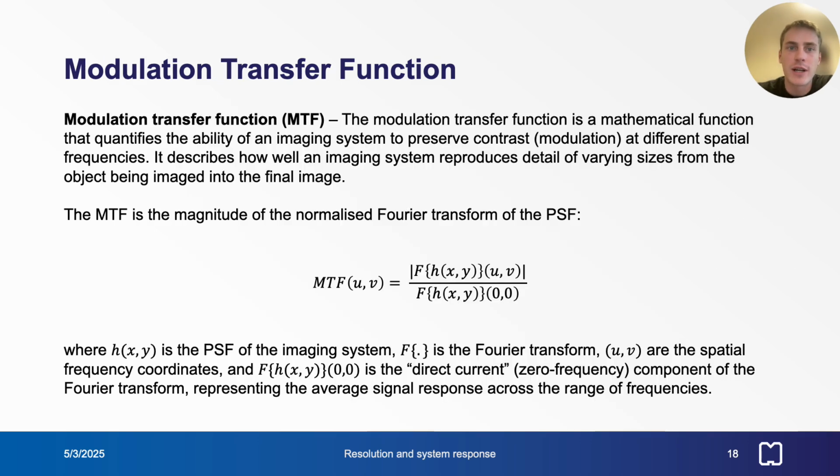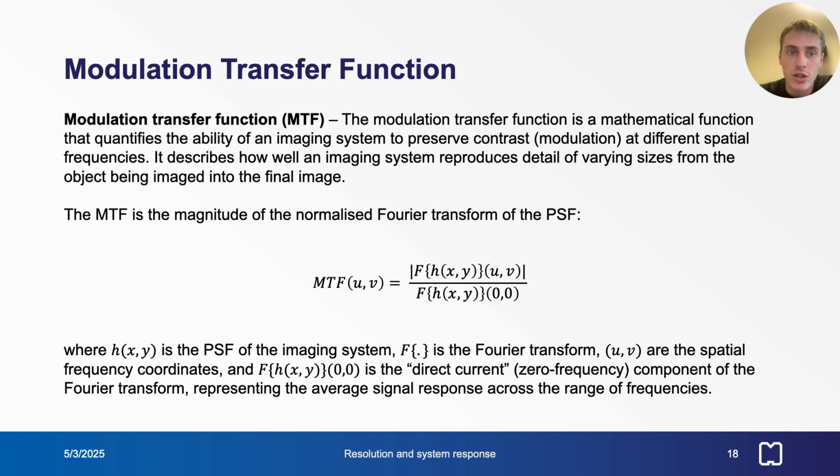The modulation transfer function, or MTF, is a mathematical function that quantifies the ability of an imaging system to preserve contrast at different spatial frequencies. Essentially, it describes how well an imaging system reproduces detail of varying sizes from the object being imaged into the final image. The MTF is the magnitude of the normalized Fourier transform of the PSF,